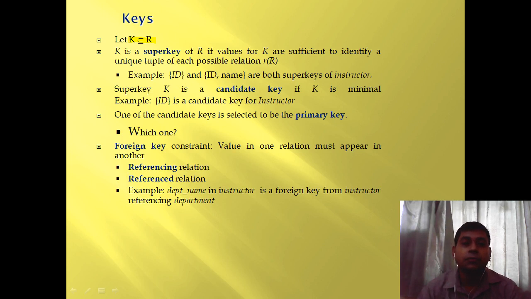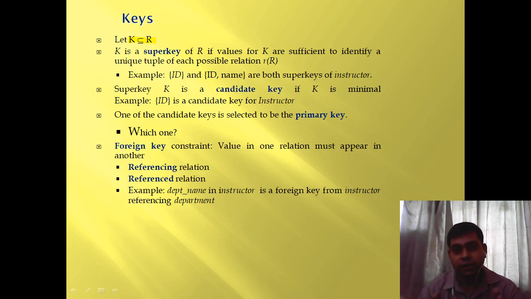And there could be more than one candidate key. So if there are three minimal subsets of the superkey, then there could be three different candidate keys, out of which one will be chosen as the primary key. So any one of the candidate keys can be termed as primary key, but who takes the decision that which particular minimal subset of the key will be termed as primary key? That decision is taken by the programmer, developer, or the DBA, database administrator. So that is how primary key is chosen.